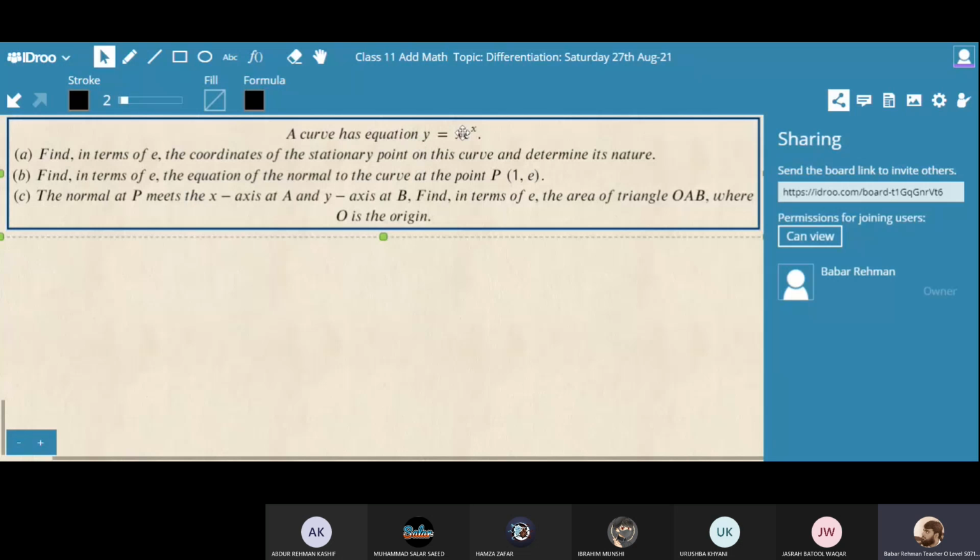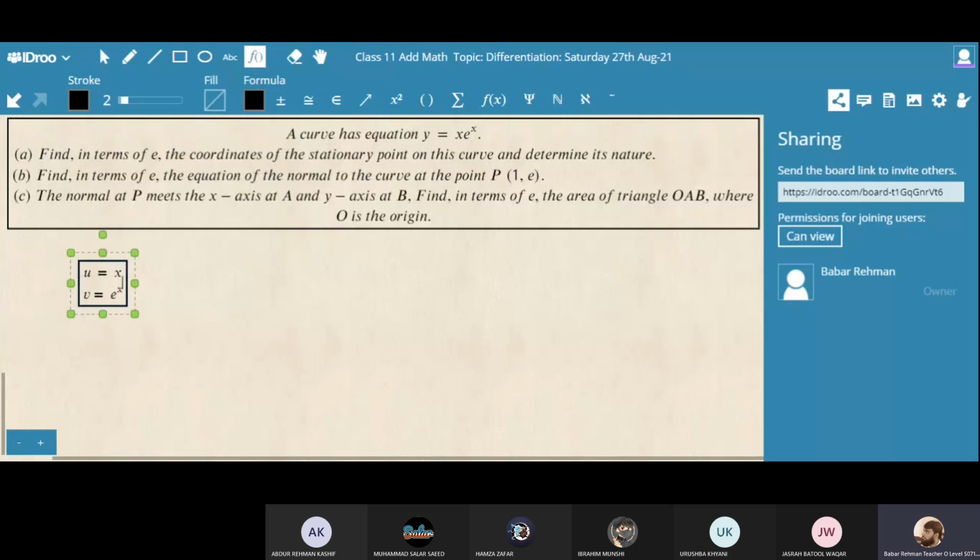Remember, there are two expressions multiplying, x and e power x. So, do you know the derivative of product expressions? How can we find the derivative of product expressions? Do you remember product rule? Okay, I'm giving you u is equal to x and v is equal to e power x.